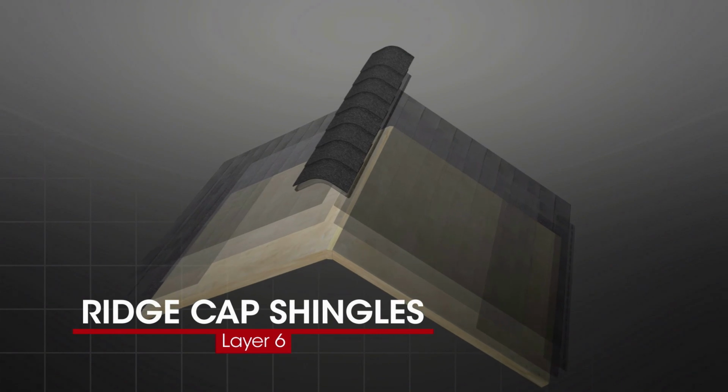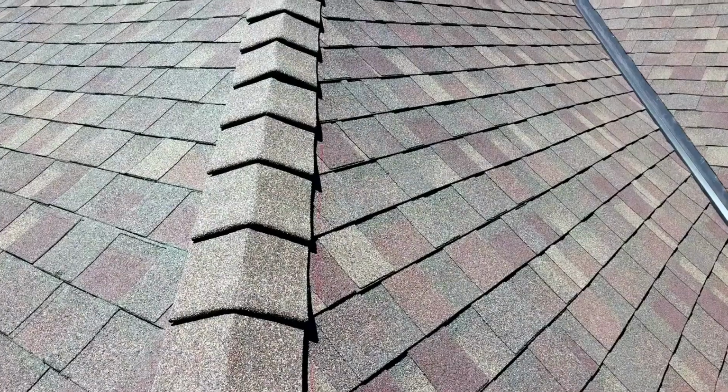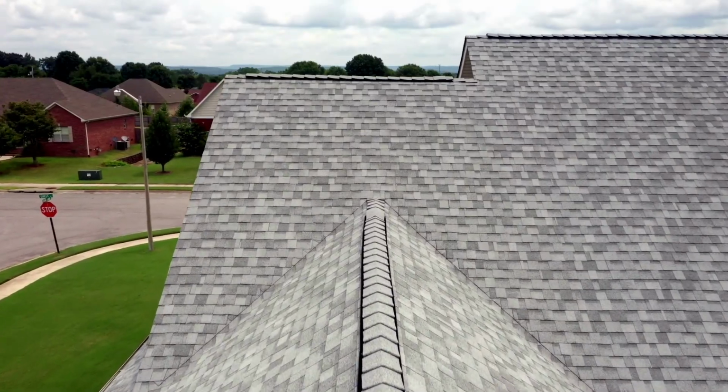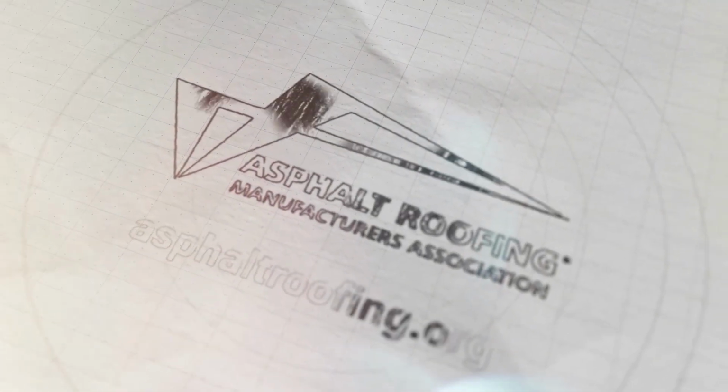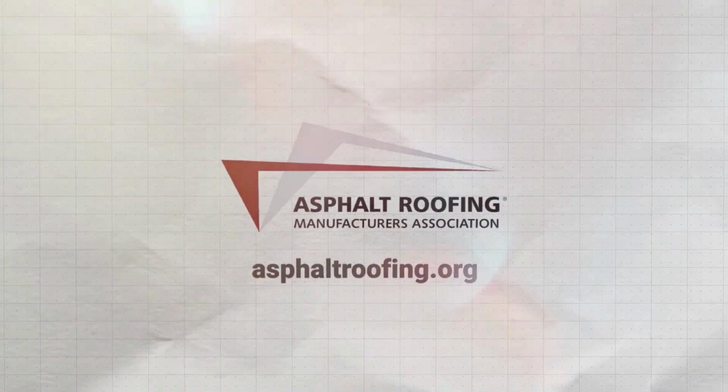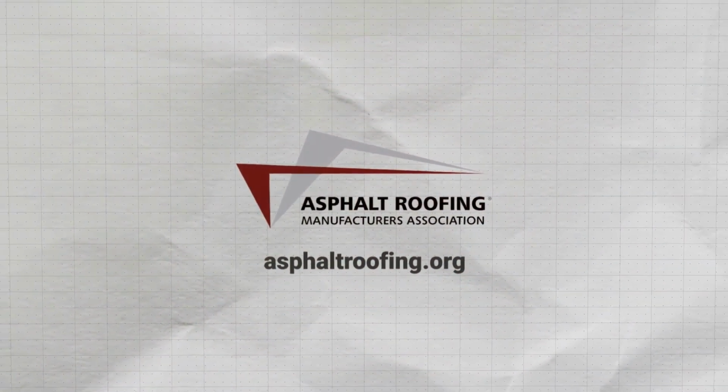Lastly, to obtain the best aesthetic, use a specific hip and ridge product designed to go with the shingles of choice. For more information about various asphalt roofing systems, talk to your installer or visit the ARMA website at www.asphaltroofing.org